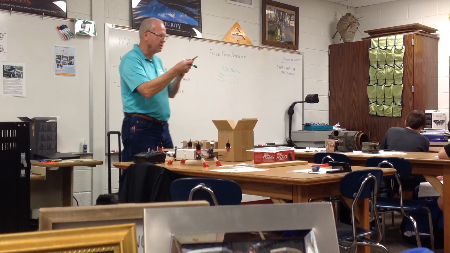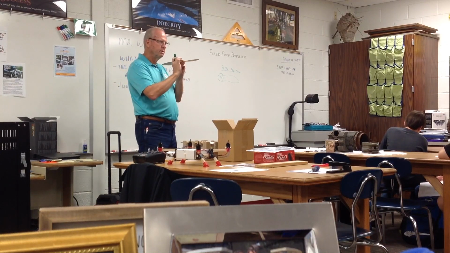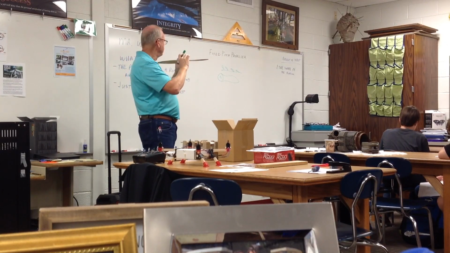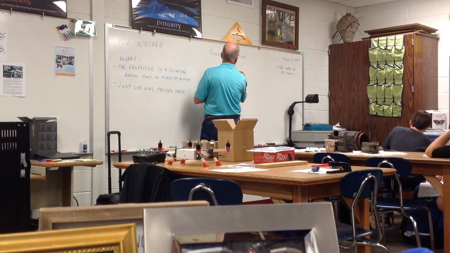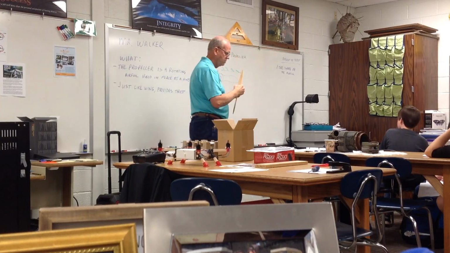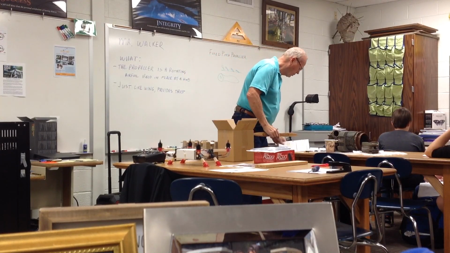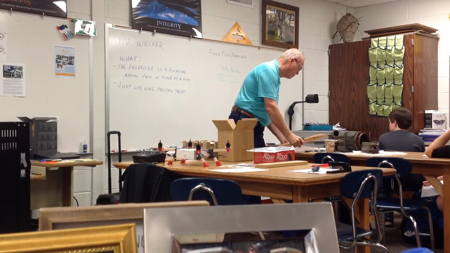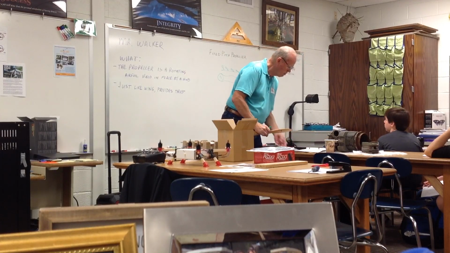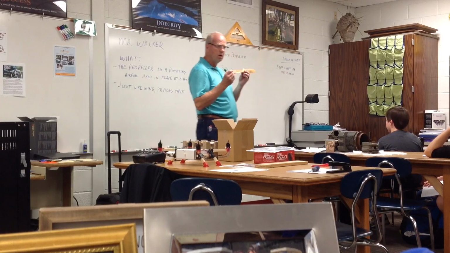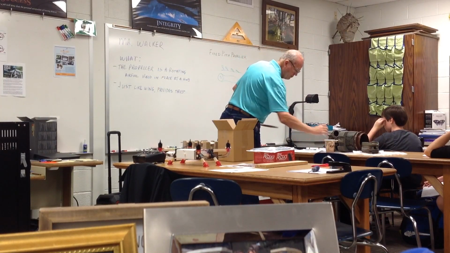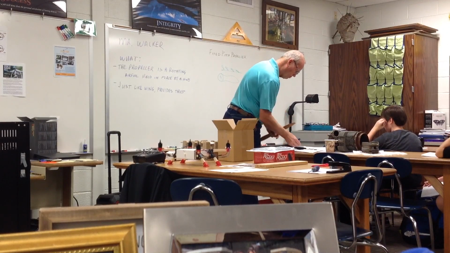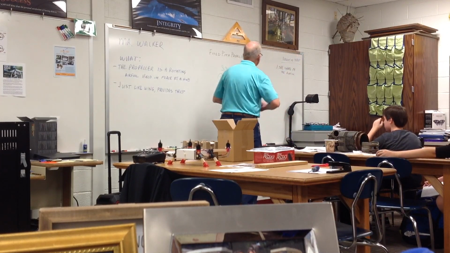This prop is twisted close to the hub. The airfoil is big and dynamic toward the tip. It's almost flat. When you get out here, it's real thin, it's real flat toward the tip. So we get thrust by the shape of the airfoil. Another way we get thrust from a prop, not only the shape of the airfoil, but something called